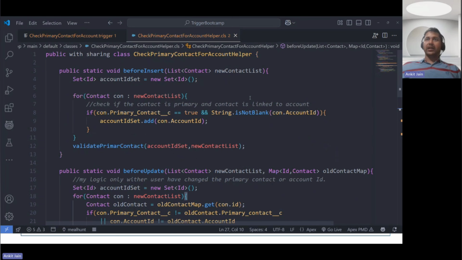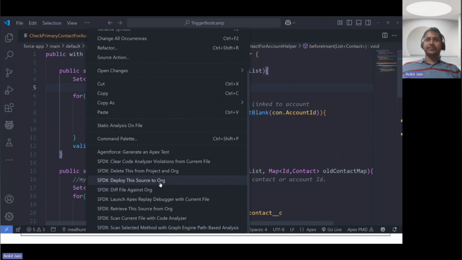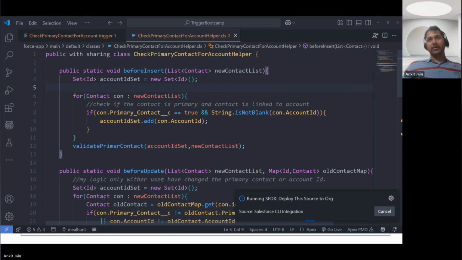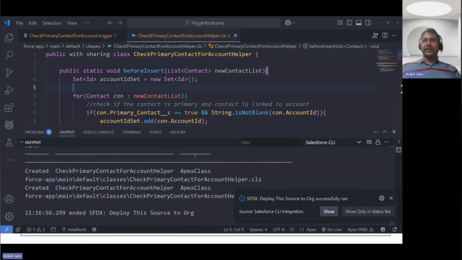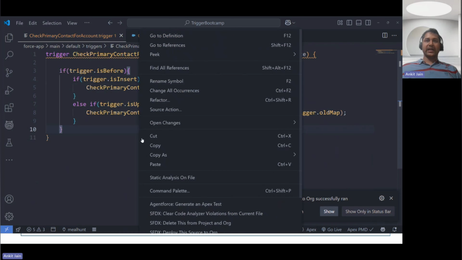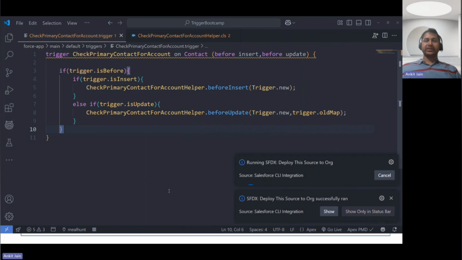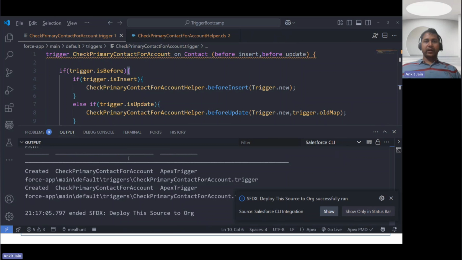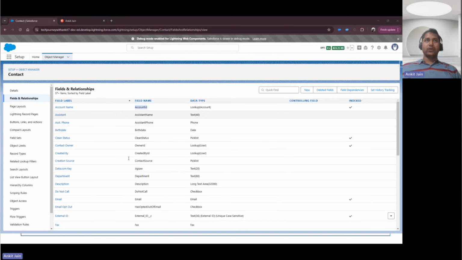Okay, now let me go and try to deploy this. So my trigger helper method is created. As my helper method is created, I can go and try to deploy this trigger as well. Meanwhile, both are deployed. Now let's go to the org and we will do our validation whether it is working as expected or not. So here I go,